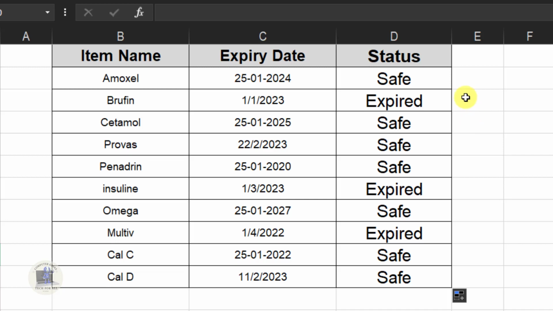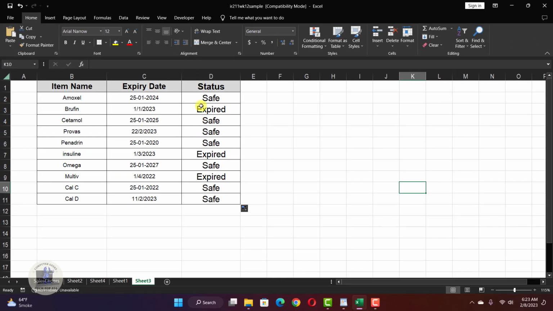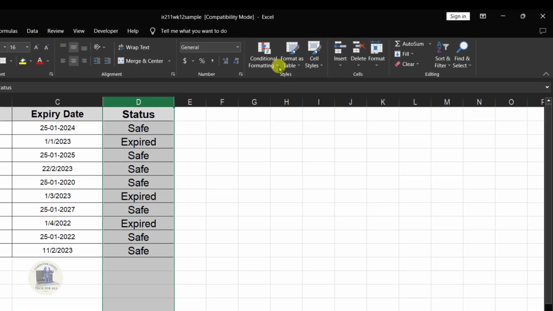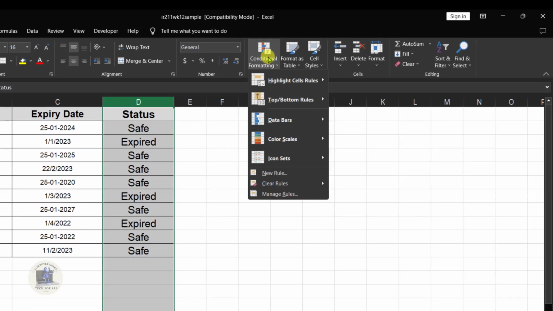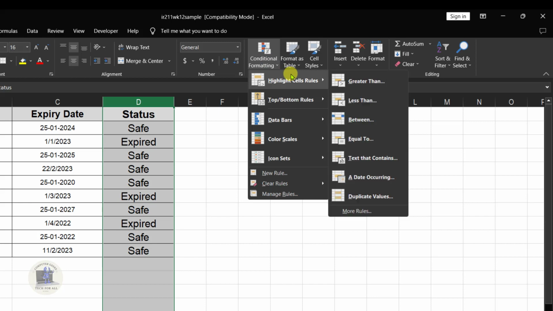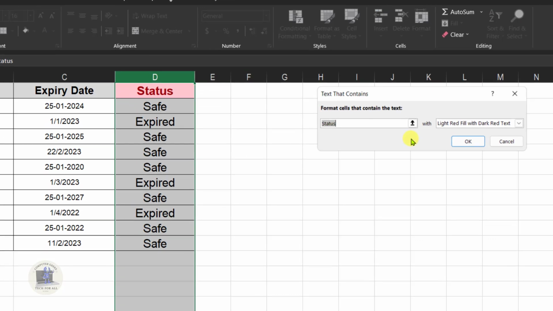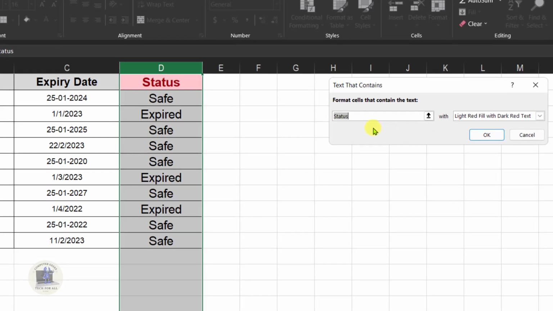Moreover, we are going to give a color scheme on this status. Select the whole column, then go to the Home tab, Conditional Formatting, Highlight Cell Rules, then Text that Contains. We are going to give a condition. So if expired,